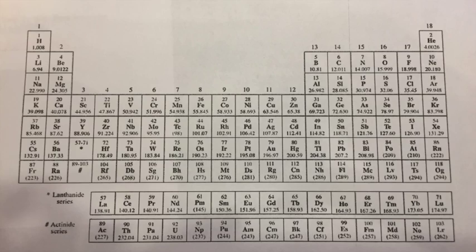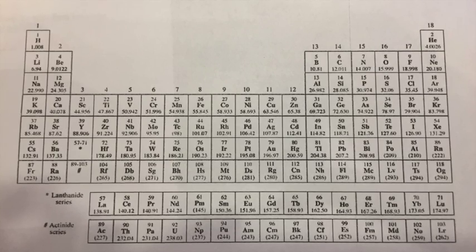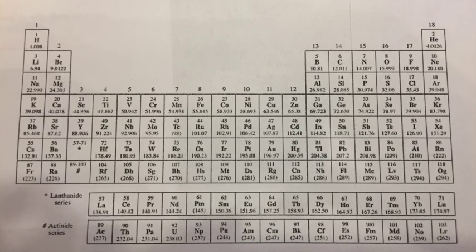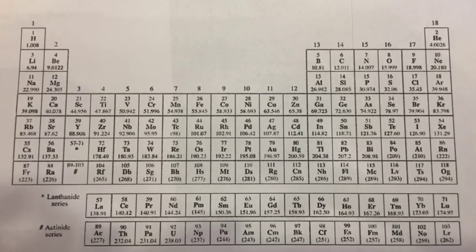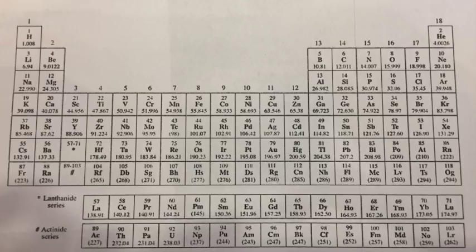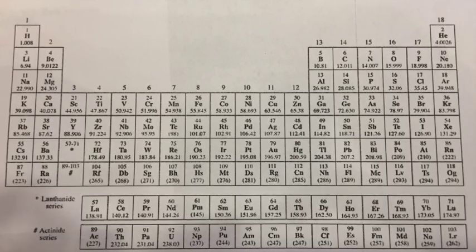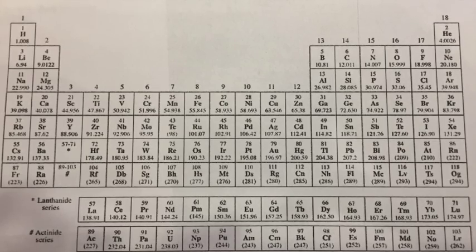Now, groups 3 through 12 are what we call our transition metals. They're the middle part of our periodic table. They are our short columns. We're going to skip over these when we're looking at our Bohr models, because transition metals are called transition metals because the electrons like to transition between energy levels, and so that means that their valence electrons don't exactly match